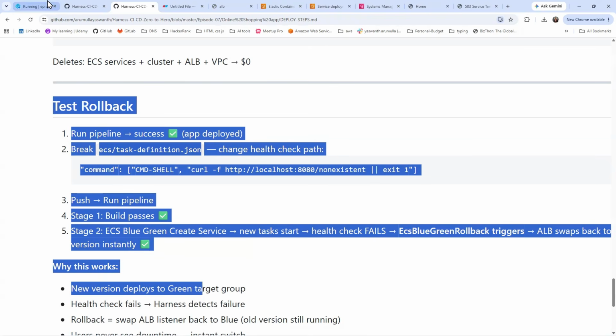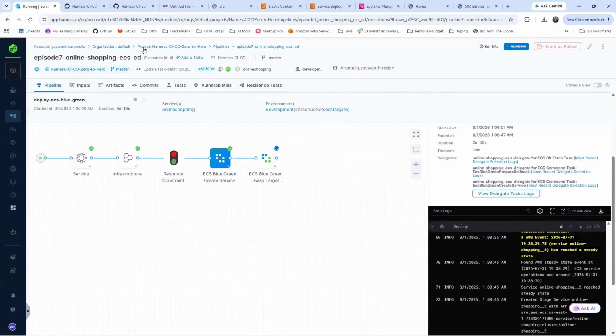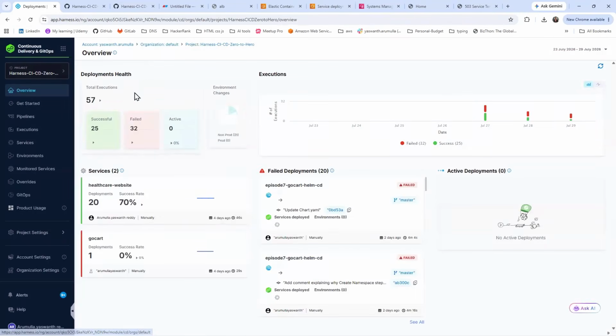Okay guys, I'm closing this section. See, this is my overview: total 57 and failures 32. This time, if I run 25 pipelines, those 25 pipelines will fail, and I'm testing failing this way. This is the way. So my issues